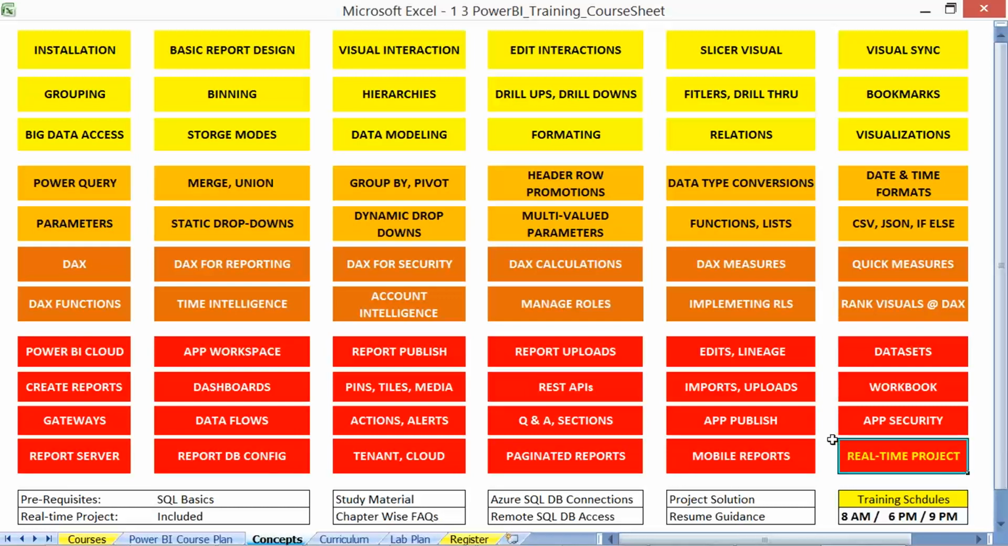And the course ends with a real-time project. In fact, from the first weekend of the course, from chapter 5 and 6, we'll start our project work. So the prerequisites for this course would be SQL basics. In fact, should be SQL Server and TSQL basics. I shall take care about the material, remote connections to the databases, Azure databases, remote connections, the complete project work and the solution, the resume guidance, and chapter-wise FAQs